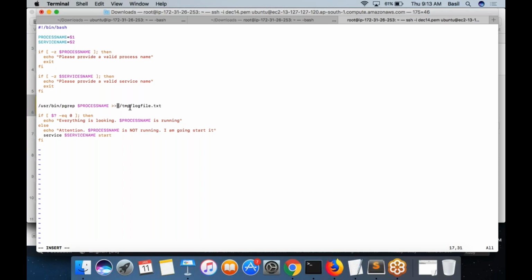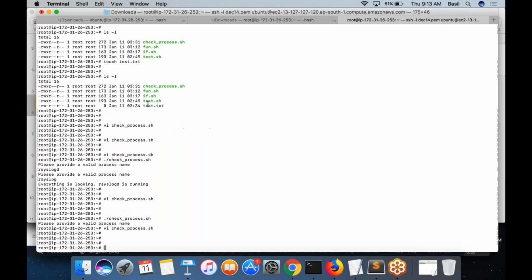It will simply append. If you want to put a timestamp in the file also, there's a command date. The date command prints the current time in Linux. Maybe you simply want to know at what time the script got executed. At any point of time, you can add the timestamp into the file also. That's a good option. Or when you run this script, you can do it like this also.